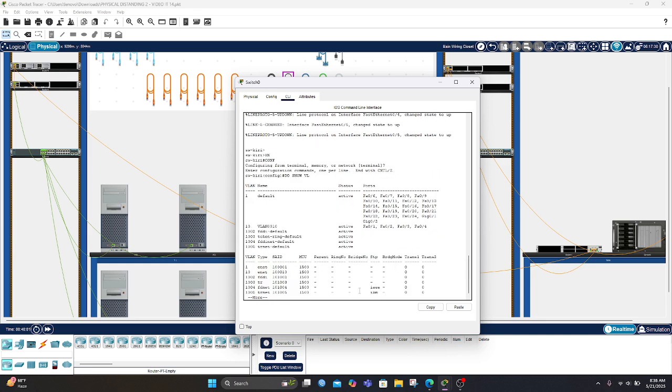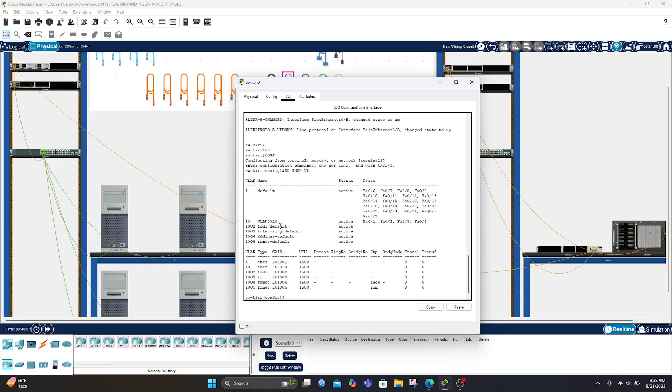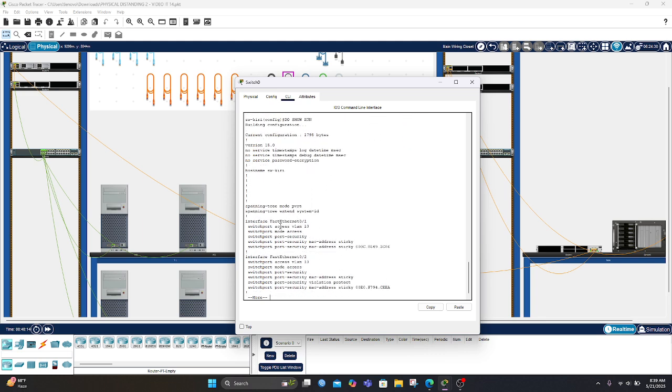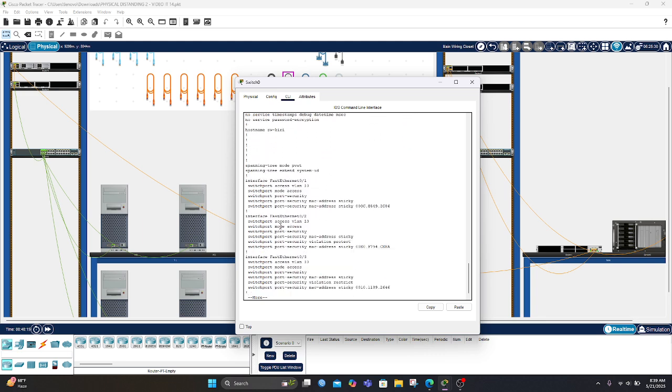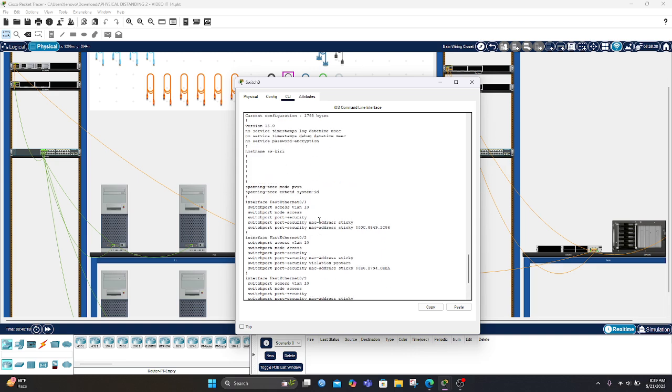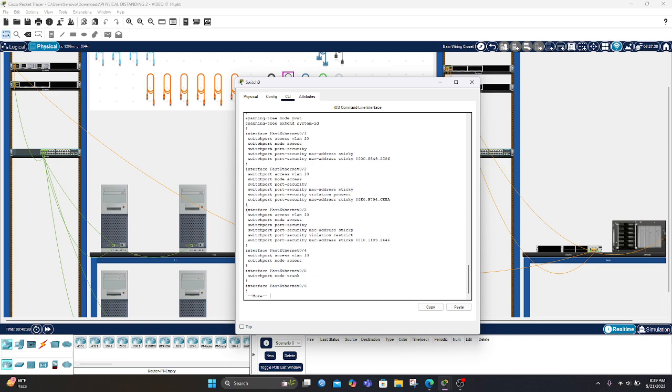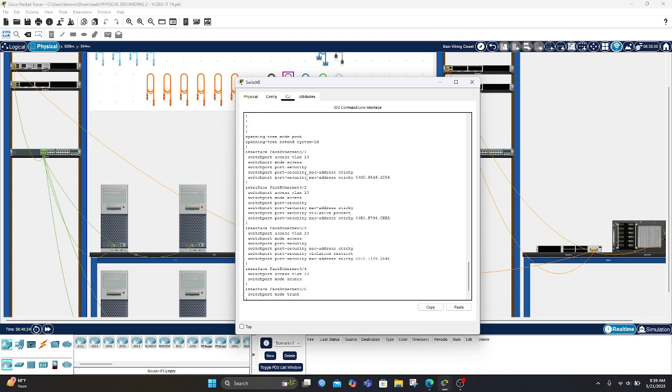In this switch, I just make VLAN 10 and do show run. Now in here there are three protocols of port security, namely violation shutdown, violation protect, and violation restrict.